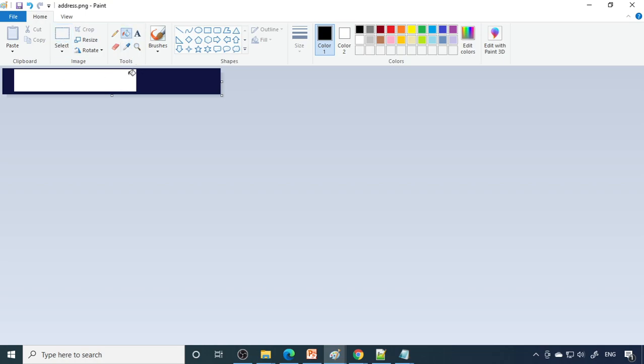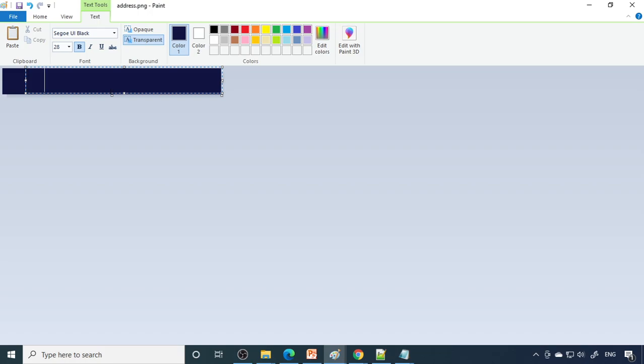Fill the color here. In order to fill the color, first you need to select the color. So select the pick color, select the color and then fill. Now everything is in the same color. Now you need to write location or Google map. You see that the text is not appearing, so select the text and select the color you want. Then you write Google Map.